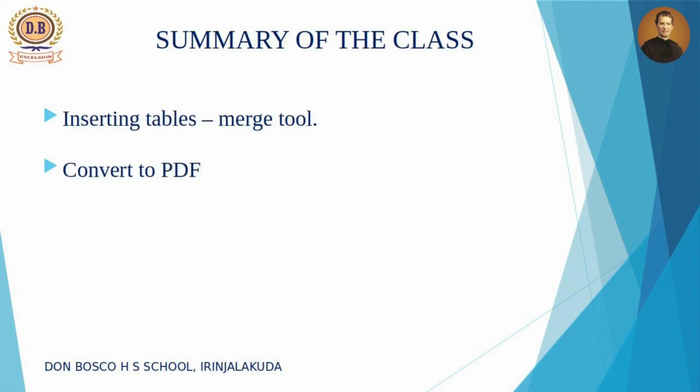Then next you have studied how to include a table. How to include a table? By using the table option, or you can use the symbol of table. Then the last activity is converting to PDF. In a similar way, in GIMP also we exported the file into another file format. So in LibreOffice Writer also go to the file option and select the export button.